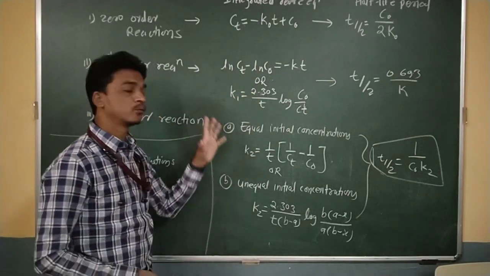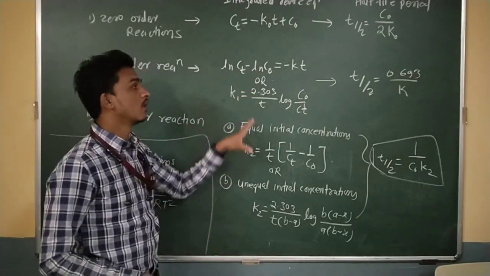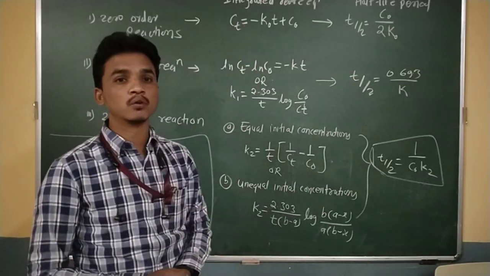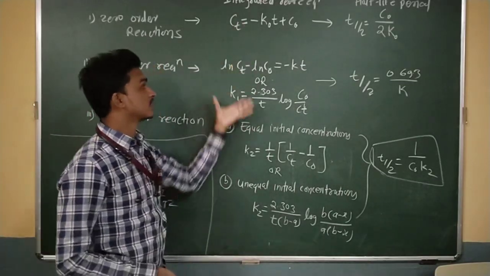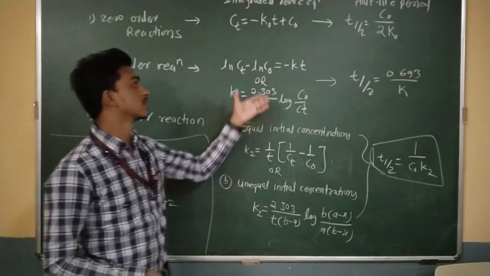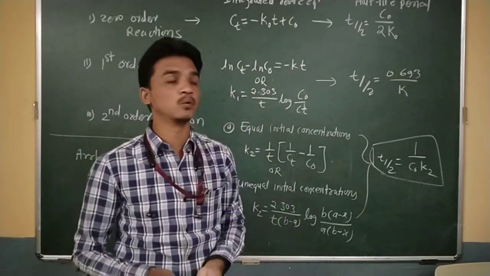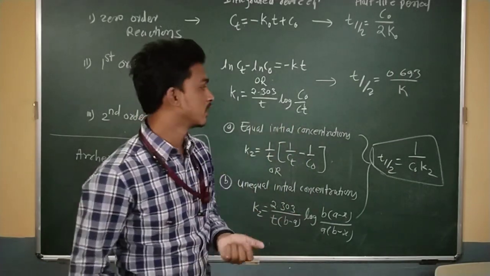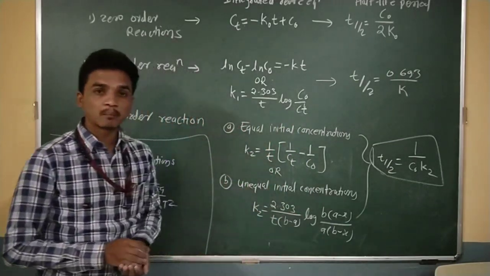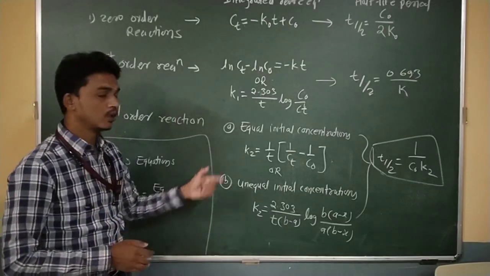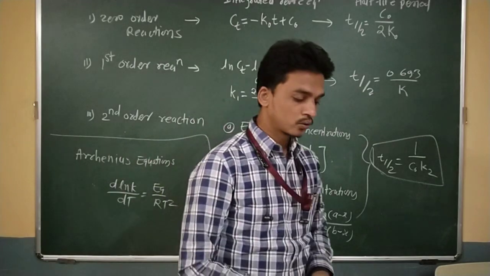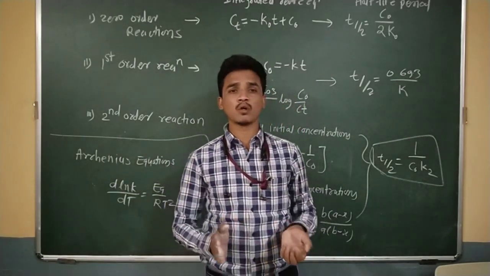But you have to remember all these things, or make a chart of these things in your notebook, and by using that chart we can determine how to calculate the rate constant value and how to calculate the half life period. So the numerical problems we will solve in our next lecture. Okay, so I hope all these things